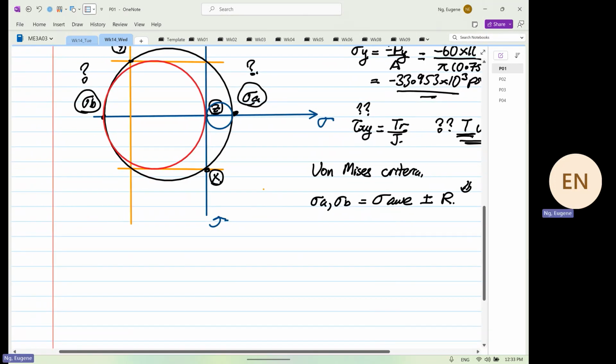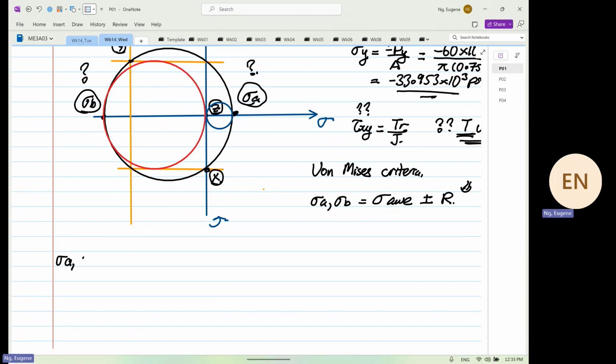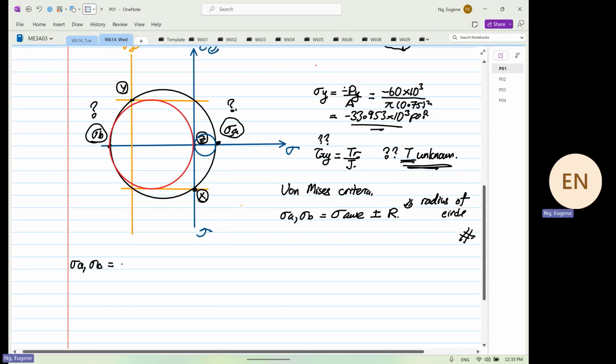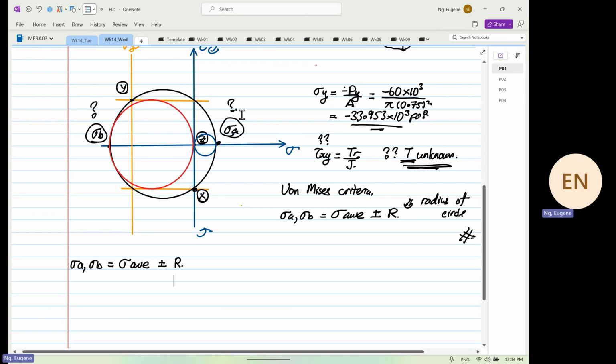So we have stress A. So where are we now? We're going to determine stress A, stress B, where this eventually will be equal to stress average, normal stress average, plus or minus the radius, right? So why this is so,